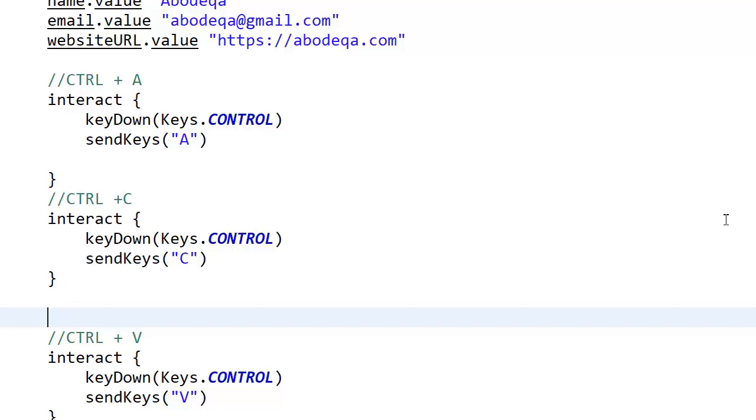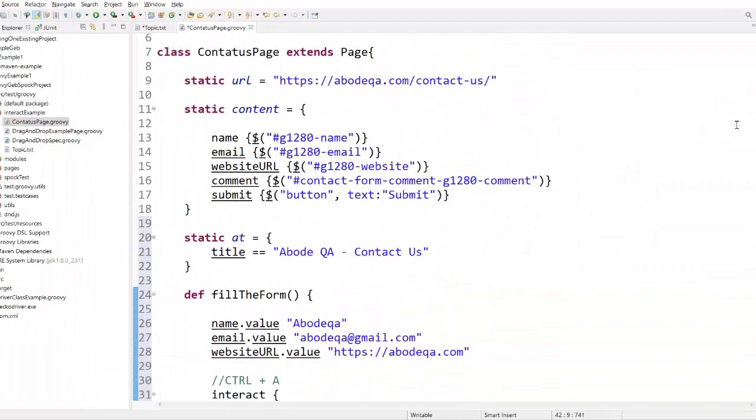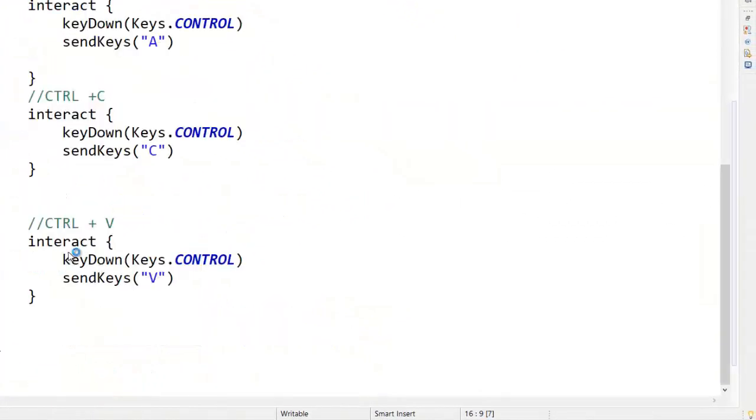So let me copy the navigator from here, and before this control plus V interact, I am just typing comment dot click. What it will do is click on the comment field, so the cursor will be focused within the comment text field, and then this action will be performed.